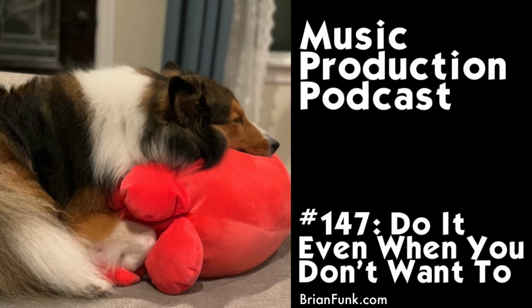It gives you this power. This is something that really came clear to me, not in music making, but in exercise and working out. And I got this from my martial arts training from my teacher, excellent teacher. I've spoken about him before. That was one of the things he always told us was that if you can get here on those days